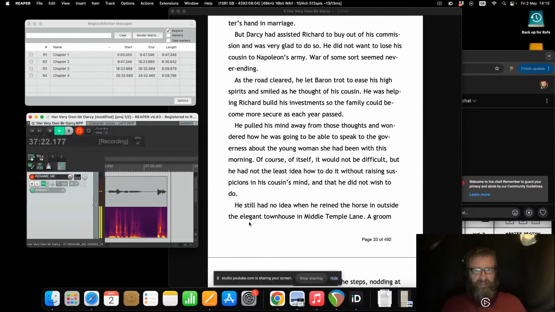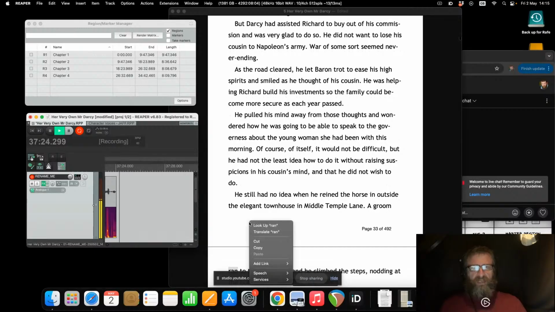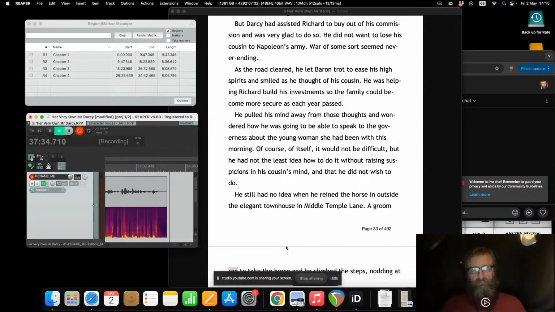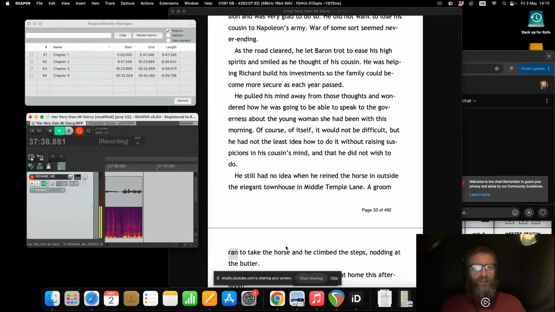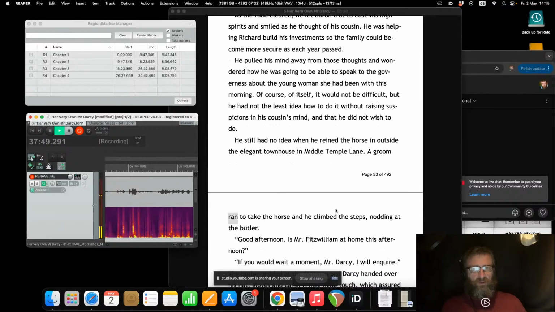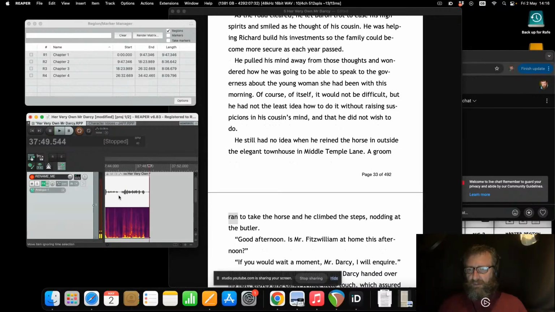As the road cleared, he let Baron trot to ease his high spirits, and smiled as he thought of his cousin. He was helping Richard build his investments so the family could become more secure as each year passed. He pulled his mind away from those thoughts, and wondered how he was going to be able to speak to the governess about the young woman she had been with this morning. Of course, of itself it would not be difficult, but he had not the least idea how to do it